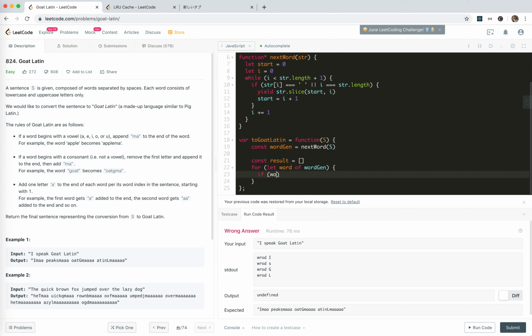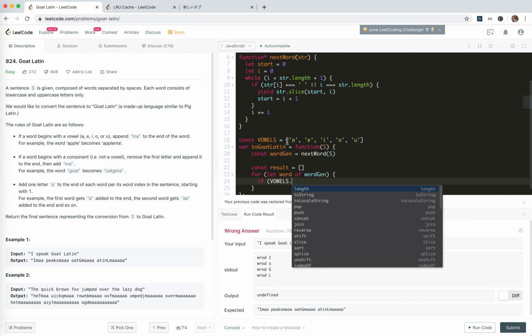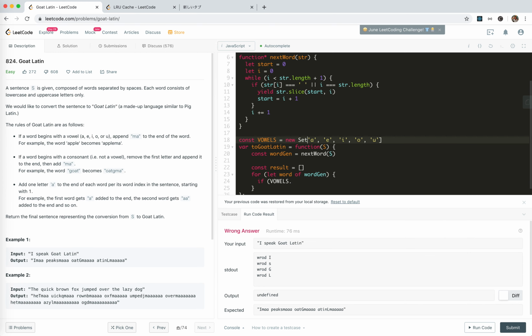So we define vowels: A, E, I, O, U. Okay, we could use a set. If vowels has the word's first letter,